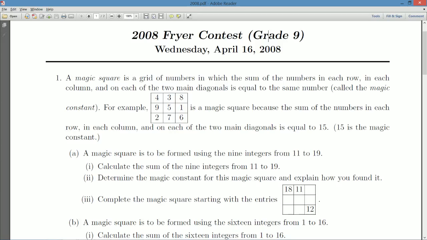A magic square is a grid of numbers in which the sum of the numbers in each row, in each column, and on each of the two main diagonals is equal to the same number. This number is called the magic constant. For example,